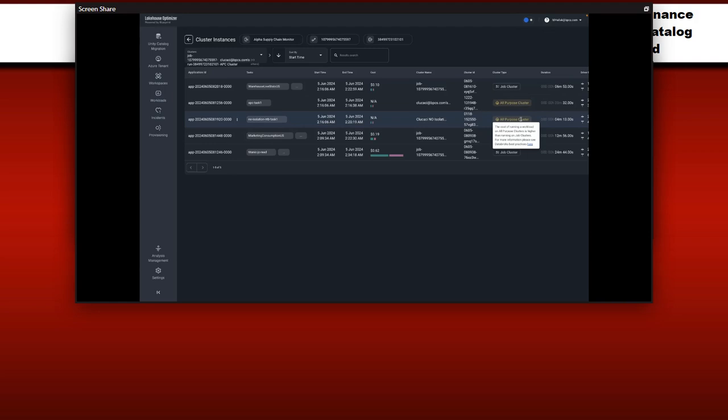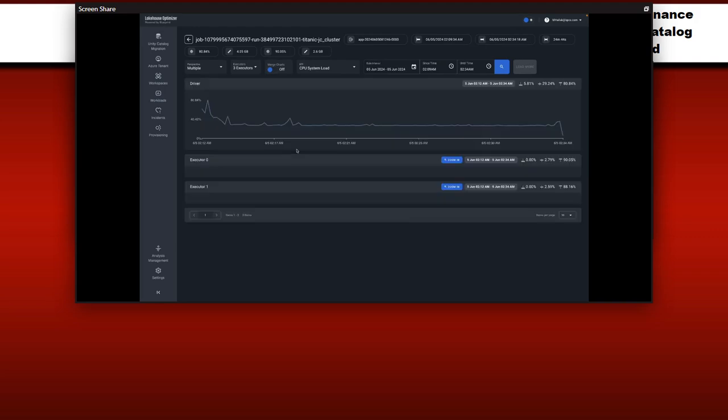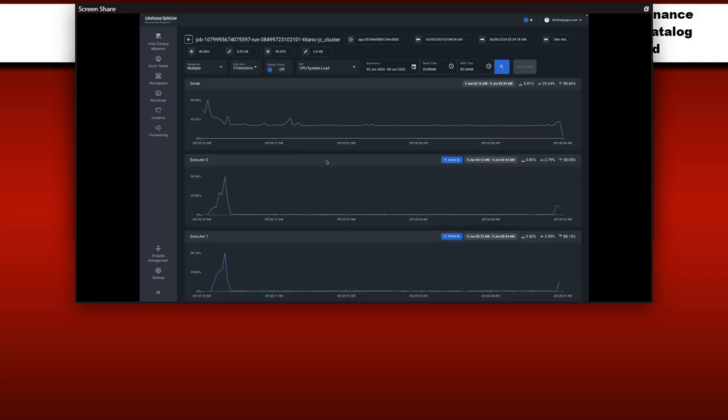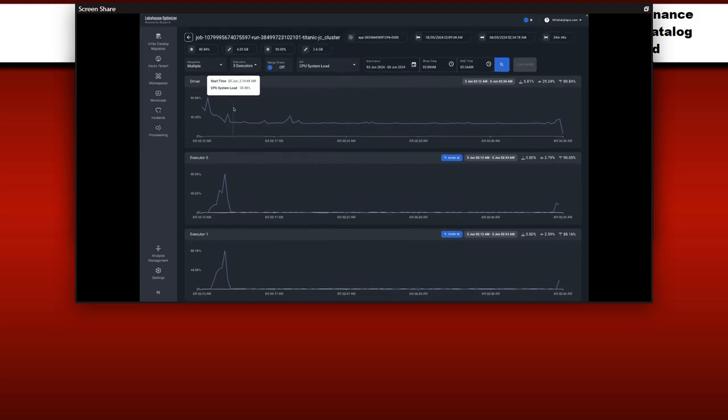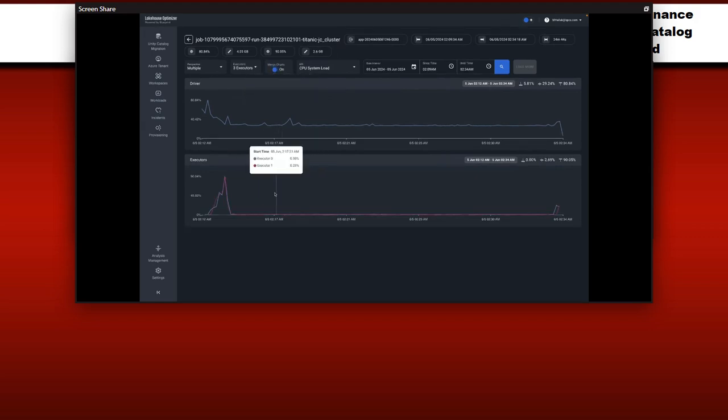I'm going to dig into this particular level of this task, and this will now show what the total level of utilization is. You can select any one of the various system metrics that you want to see, and identify how well utilized the driver and the executors are. I have 2 executors that ran in the cadence of this job. We have this merge charts feature, which lets you actually overlay the utilization of each one of the executor nodes, which can be really beneficial.